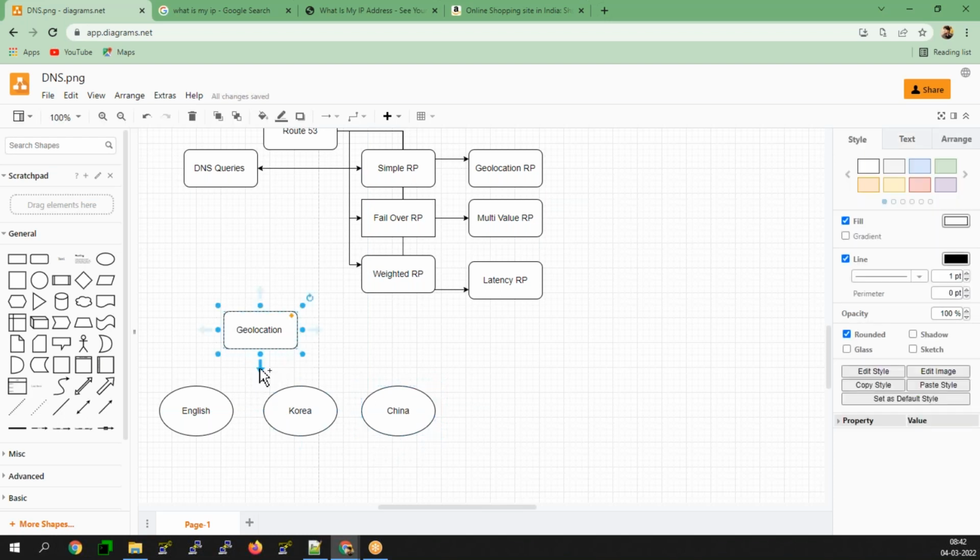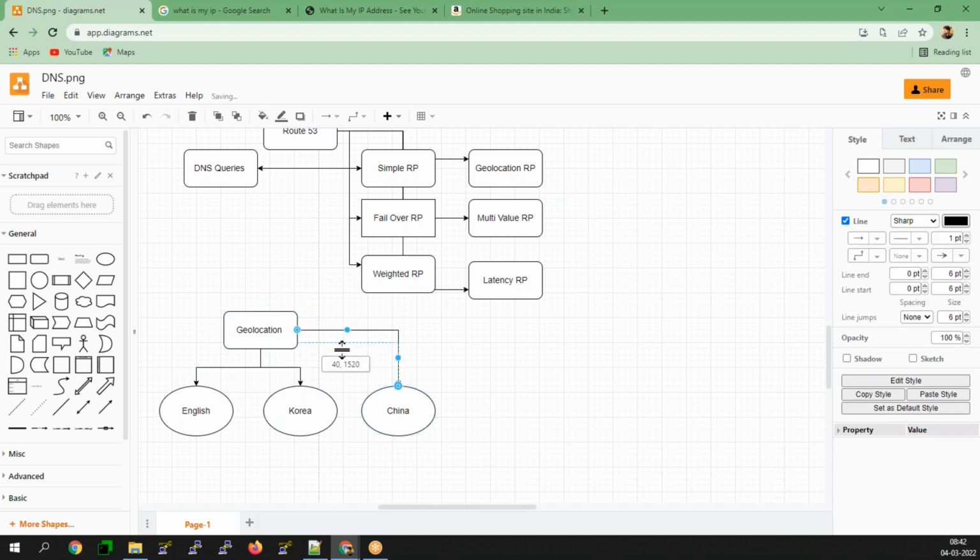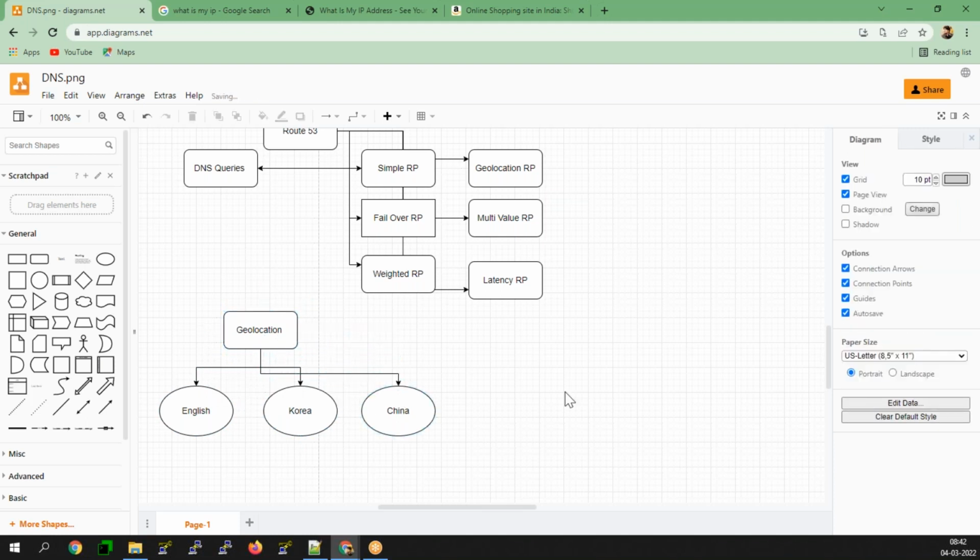Based upon your location, it's going to route you to the respective website. From a specific region, it will open the respective website like this. Am I clear on this? Any questions, any doubts here? It is location-wise routing.